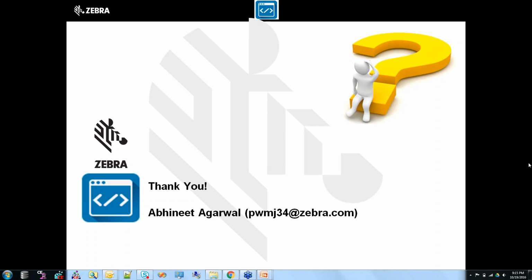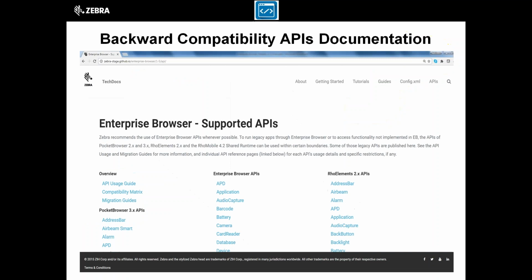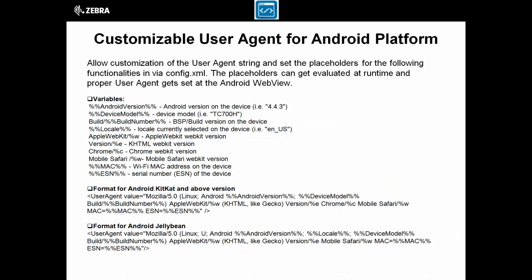The next question says, is the ESN value the actual Zebra serial number on the label on the device, or is it the cell IMEI, or is it something else? I'm not sure where you started talking about ESN numbers. When I was speaking about the user agent tag, am I right? Yeah, there we go.